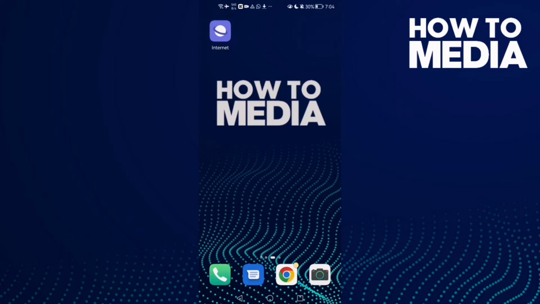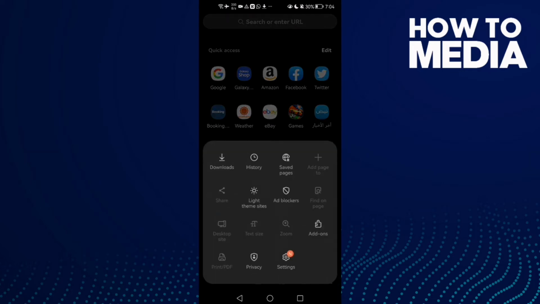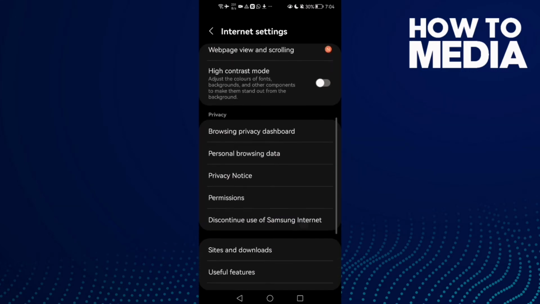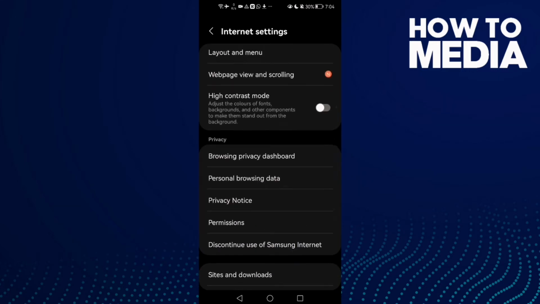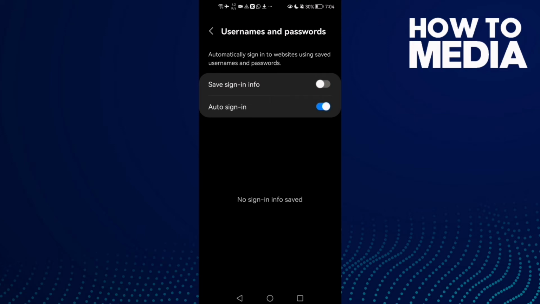First, open the browser and then click these three lines here in the bottom corner, and after you click on it, click Settings. Here you will find this one, personal browsing data. Click on it and then click usernames and passwords, and here you will find auto sign in, this one here,